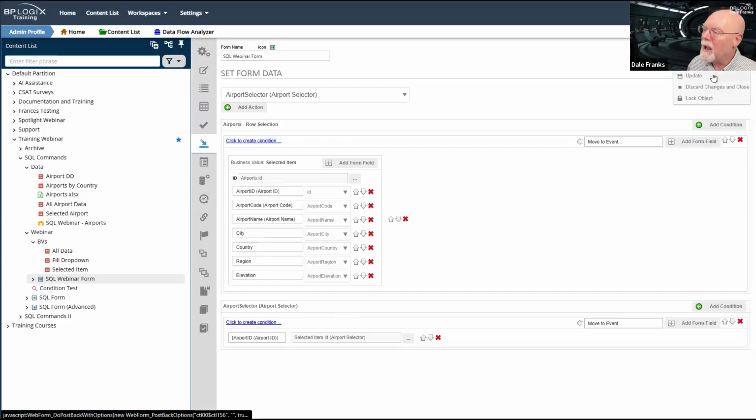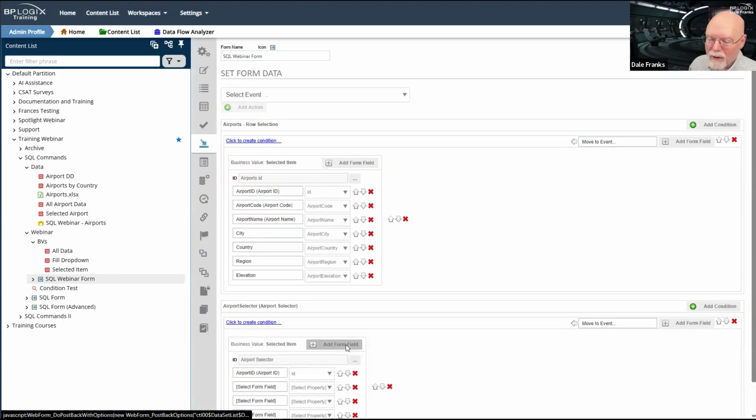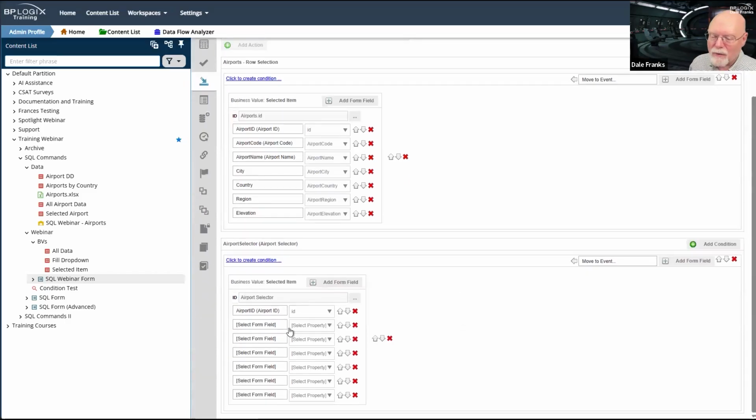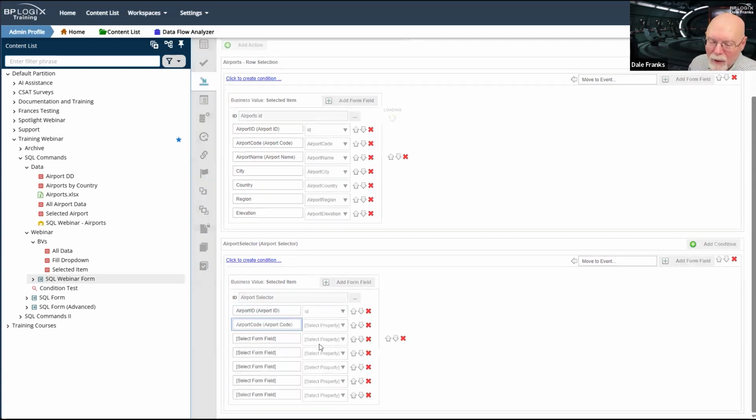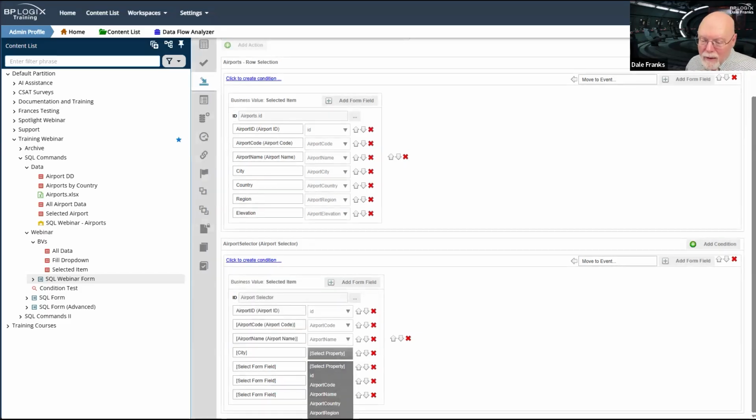And I can update and then add my 3, 4, 5, 6 additional fields. So airport code, nope. Airport ID is that. Airport code is that. And then airport code, airport name, city, airport city.